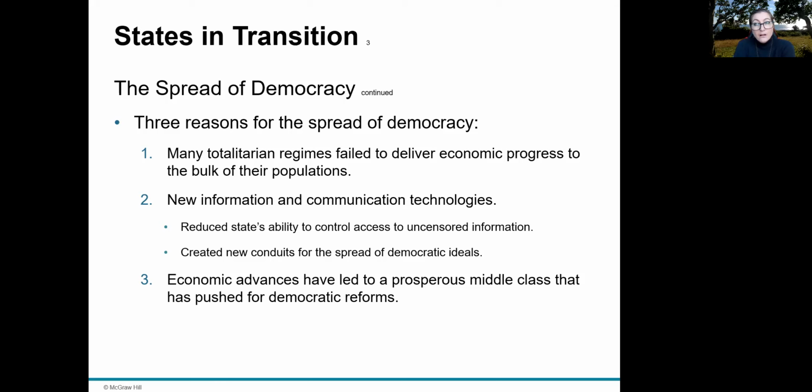So social media communications, or internet technology in general actually, has enabled greater access to information that was previously not accessible to the broader populations. And so, more information means a more informed people. And the third reason that's put forward by Hill in terms of a reason for the spread of democracy is